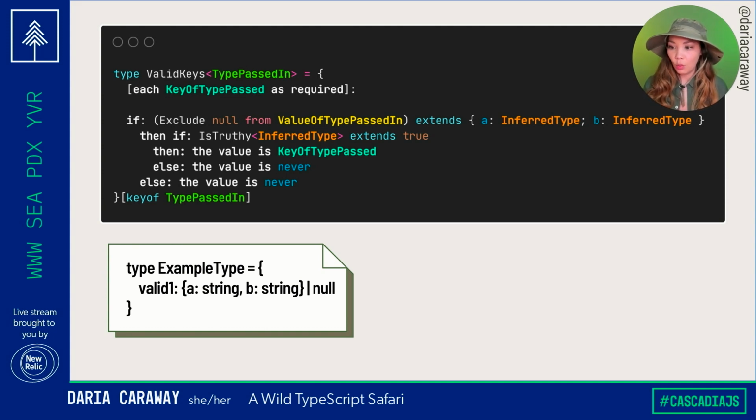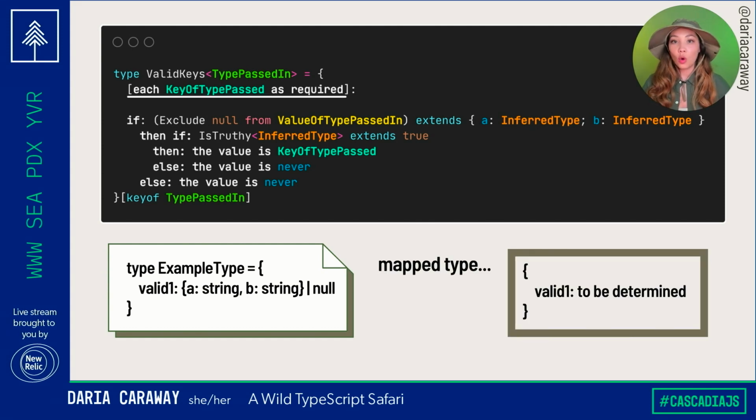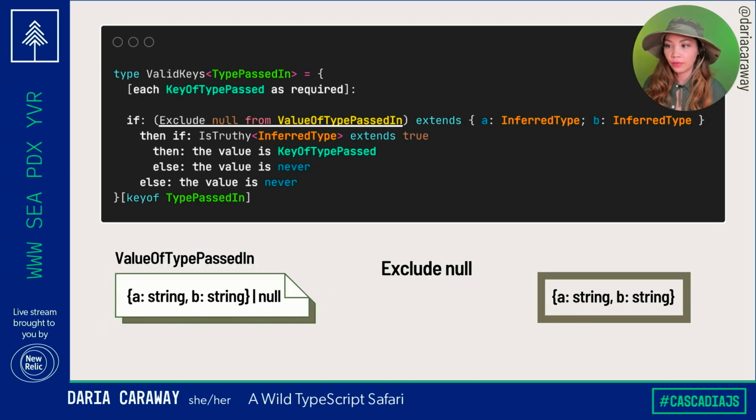So in this example type, we have valid1. Valid1 corresponds to a type that is A string, B string, or null. First, we're going to map over all of the keys of this type and make them required. In example type, we only had the one key, so we're going to map valid1 to valid1 with a value to be determined. If the value of the type that we're currently on, which is A string, B string, or null, we're going to exclude null from that type